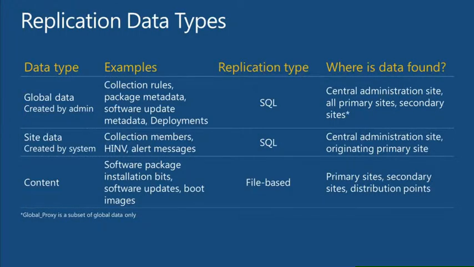If I'm you guys at the central sites today, you create a collection or a package or an advertisement that replicates down to your primary sites. If you're at a primary site, you create a collection, a package, an advertisement. That doesn't replicate up to your central site, and the other primary site doesn't know about it. In 2012, that will be replicated everywhere. So no matter where you are, any object you create in the admin console replicates to all your other sites